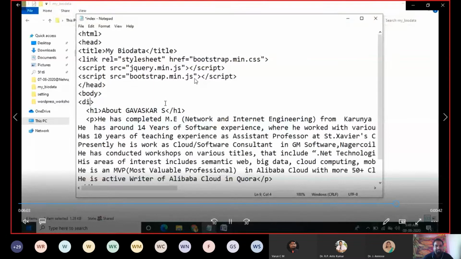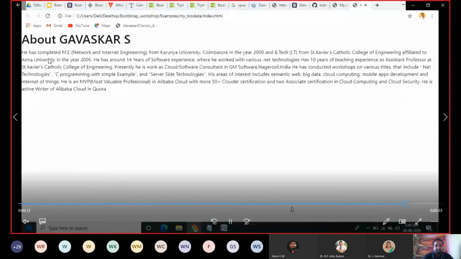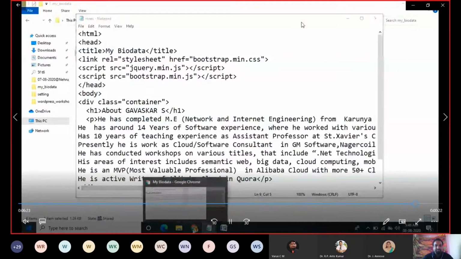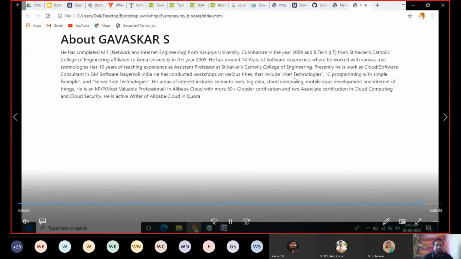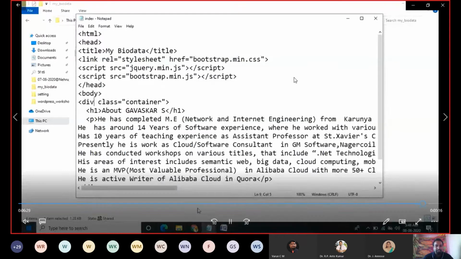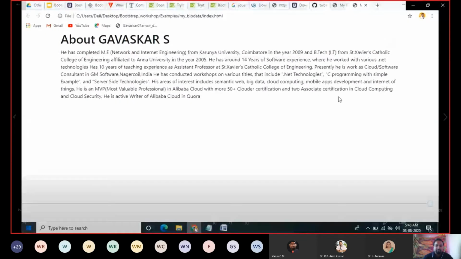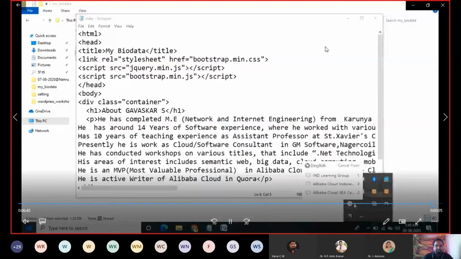Now I am going to take that div so that it will be extended fully. So that's all about bootstrapping your web page. It is not creating a bootstrap web page, it is bootstrapping. You are adding some options to your existing HTML page, so that your web page will be responsive and will run on both mobile as well as desktop.